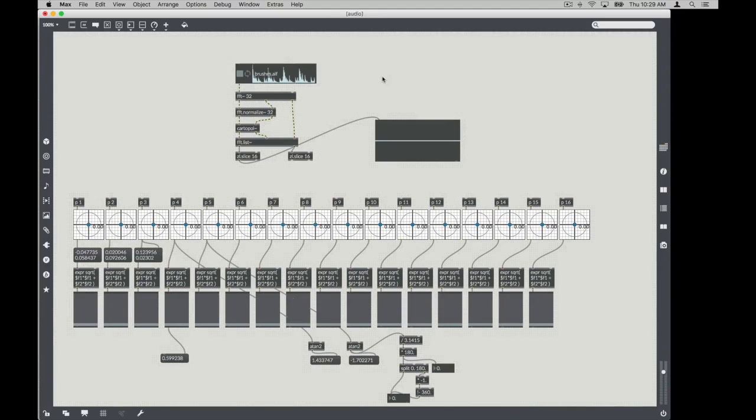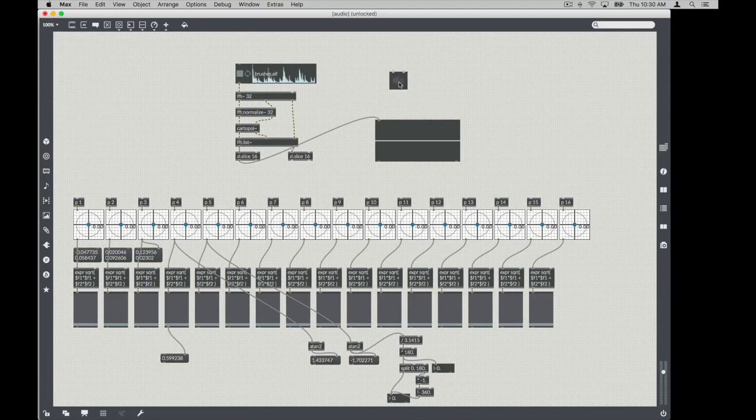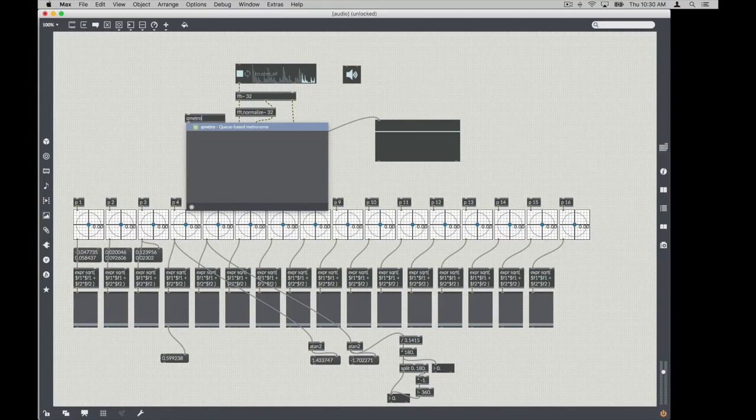And that's assuming that I turn on the DSP. I'll make a little easy DAC object here with local mode turned on so that it only turns on the DSP for this patcher. Okay, now it's playing, and we need to set up a Q Metro